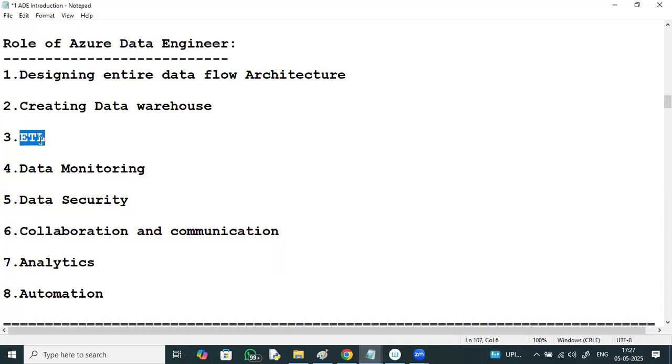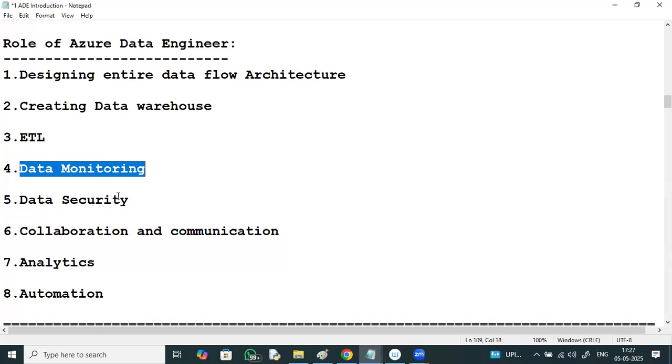So ETL is one of the key tasks of the data engineer. Data monitoring means data engineers make sure that the ETL is performed in a proper way and data is available everywhere it is required.